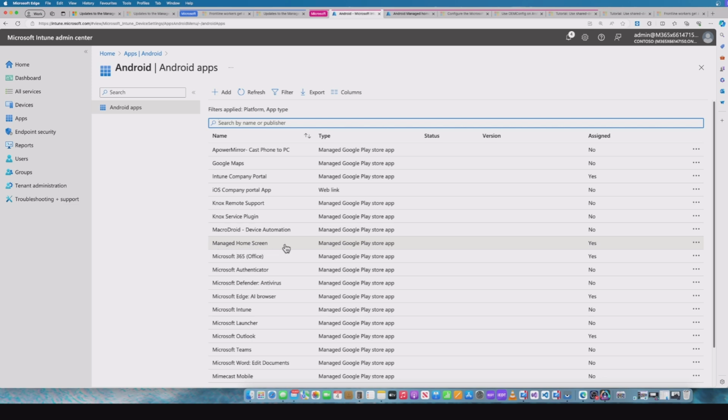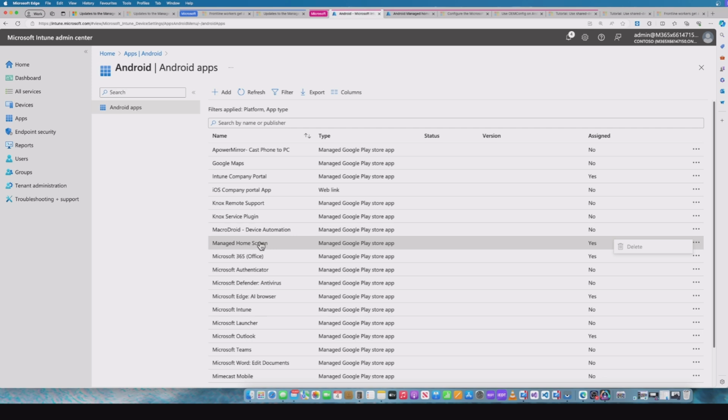If I go to the three dots at the end, I can't delete it, and the reason is because when you initially set this up with your Google Play Store, the managed home screen will be default. It'll exist in there, but you'll get the version at the time at which you set this up. If you've already set this up previously, then you will need to make sure you've got a specific